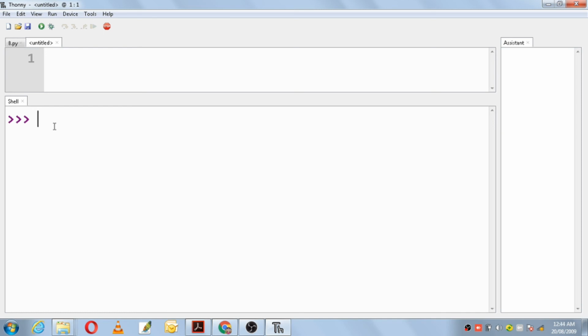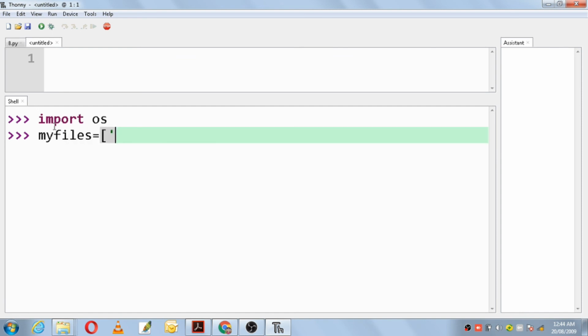Also try the other program which makes use of os.path.join. First, to use that function, you make use of import os, because os is the module in which that function is stored. Then we'll make use of a list, myFiles. myFiles is equal to, first file I'll use is accounts.txt, second file I'll use is doc1.docx.